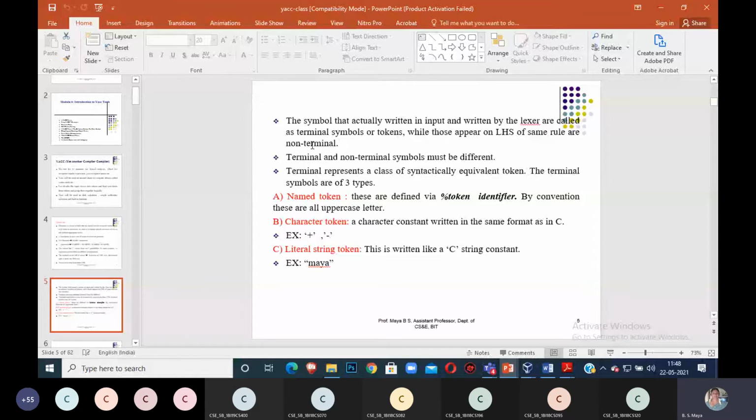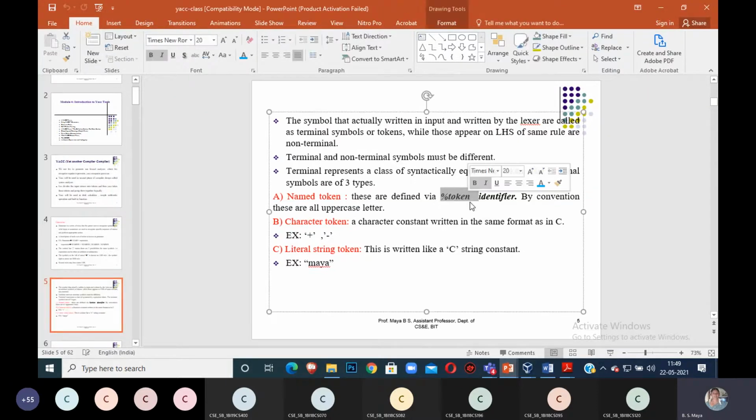The grammar has both non-terminals and terminal symbols. Terminal symbols can be represented in three types. The first one is the named token, for example name or number. Whatever named tokens are used, you should represent them with the keyword %token. This is a new thing you are learning. %token is a keyword used to represent any of the tokens used in your YACC program.